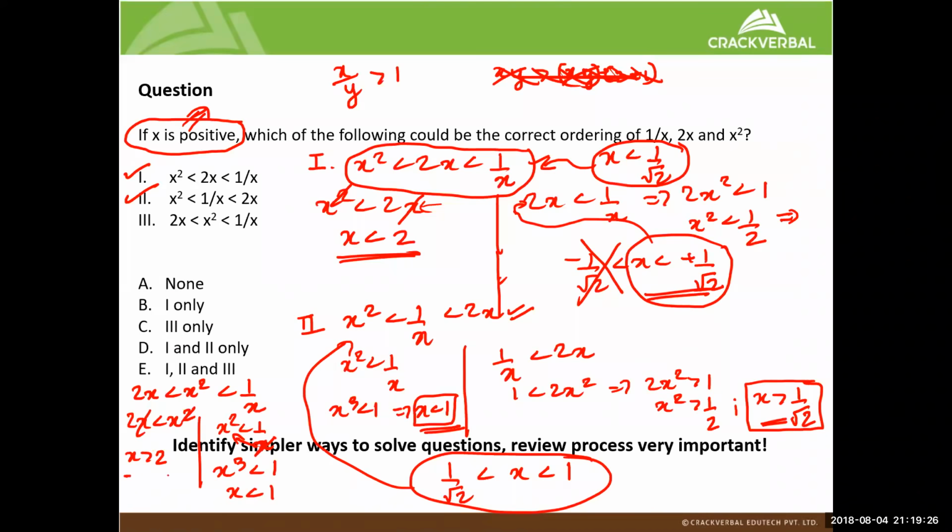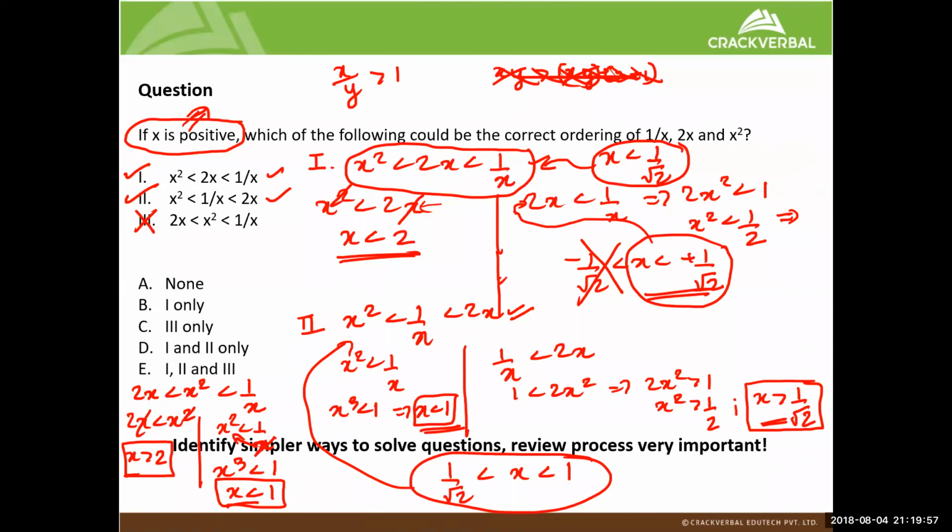So what the third statement is giving me is contradictory values of x. The first part of the inequality is telling me the only values of x that satisfy it are x greater than 2. And the only values that satisfy the second part are x less than 1. There are no common values between the two which satisfies the entire inequality. So I know the third will never hold good. So the answer here is 1 and 2. So the first takeaway